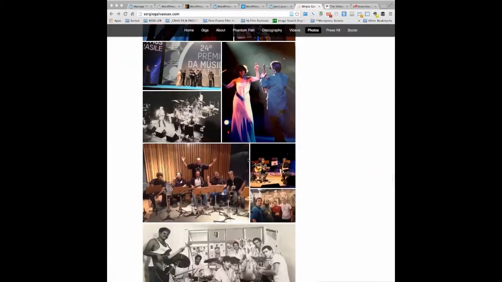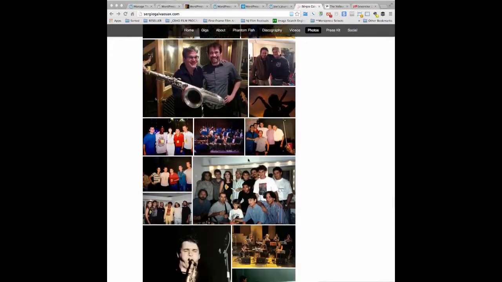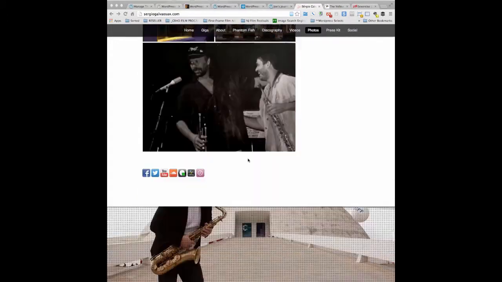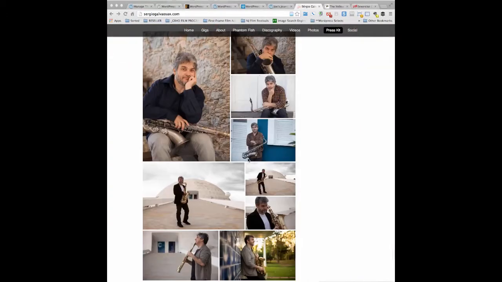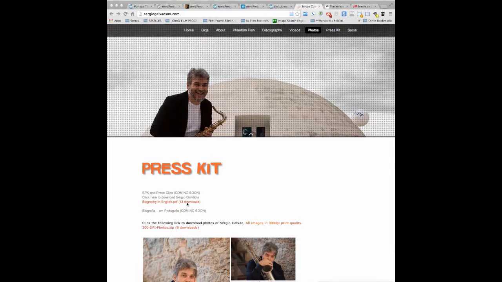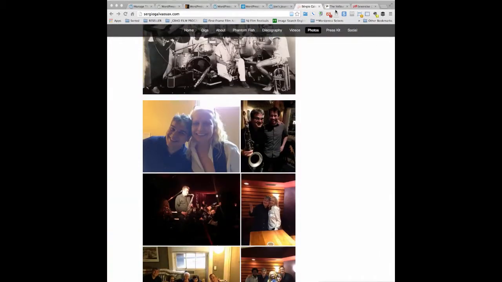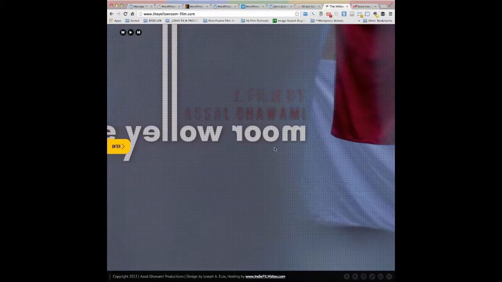There's photos of him performing, and so the WordPress.org version allows you to do lots of different things, add plugins. Here's a plugin that I added that allows him to control, modify, or even add things to his website for download. It's called Download Manager, and it's free, which is great. Some really, really good plugins cost money, but they're worth every penny. Here's another website I did for a filmmaker. The name of the website is The Yellow Room, and actually, if I refresh this, you'll see